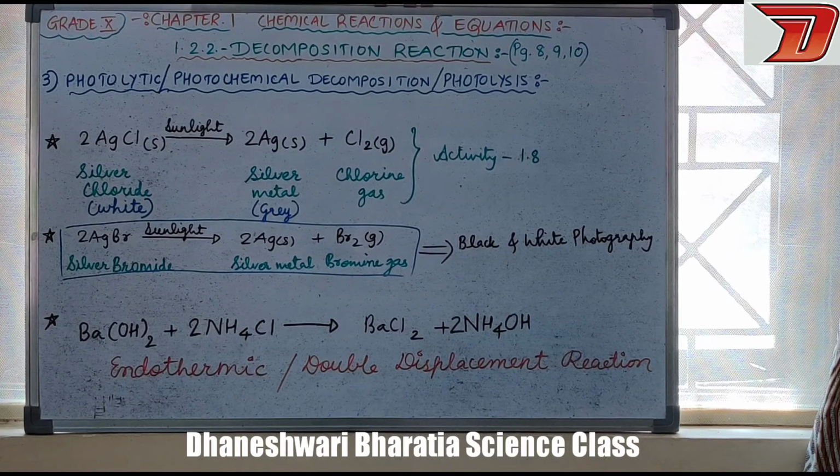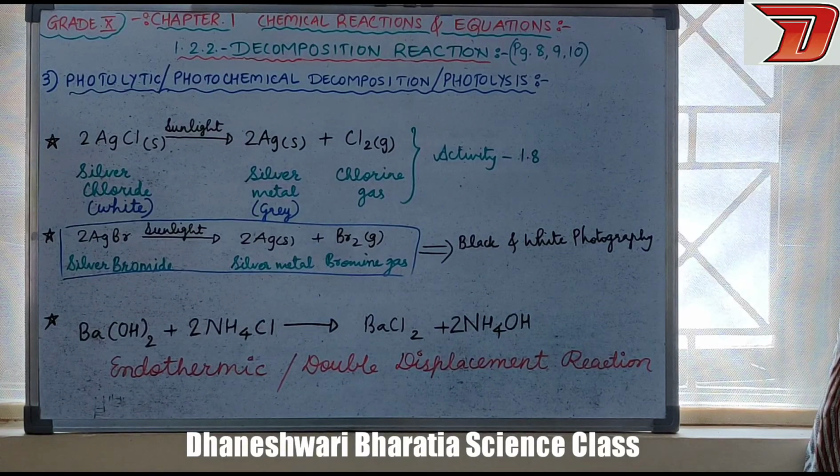Okay, fine. So hopefully you have understood what a decomposition reaction is, its types, all the activities along with the diagram of electrolysis and all the equations also. We have also seen what things are used in black and white photography, in whitewashing, in industry, that is in the cement industry also. Fine. So please note down all these things and highlight them in your textbook.